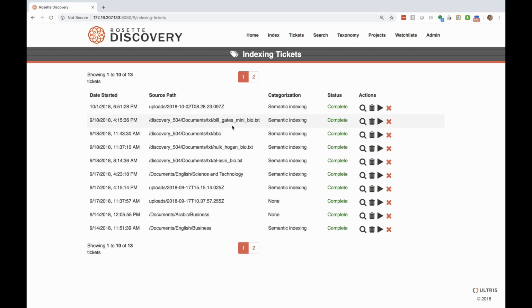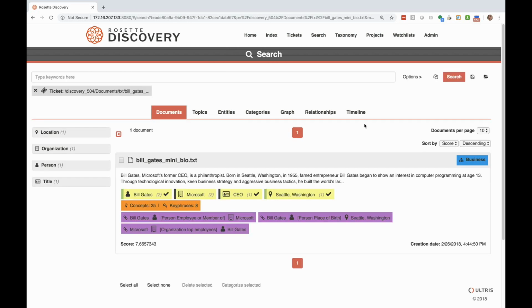I'm going to jump into this document, which is a short biographical passage talking about Bill Gates, and give you an understanding of what Rosette can do with that. Back to the content,